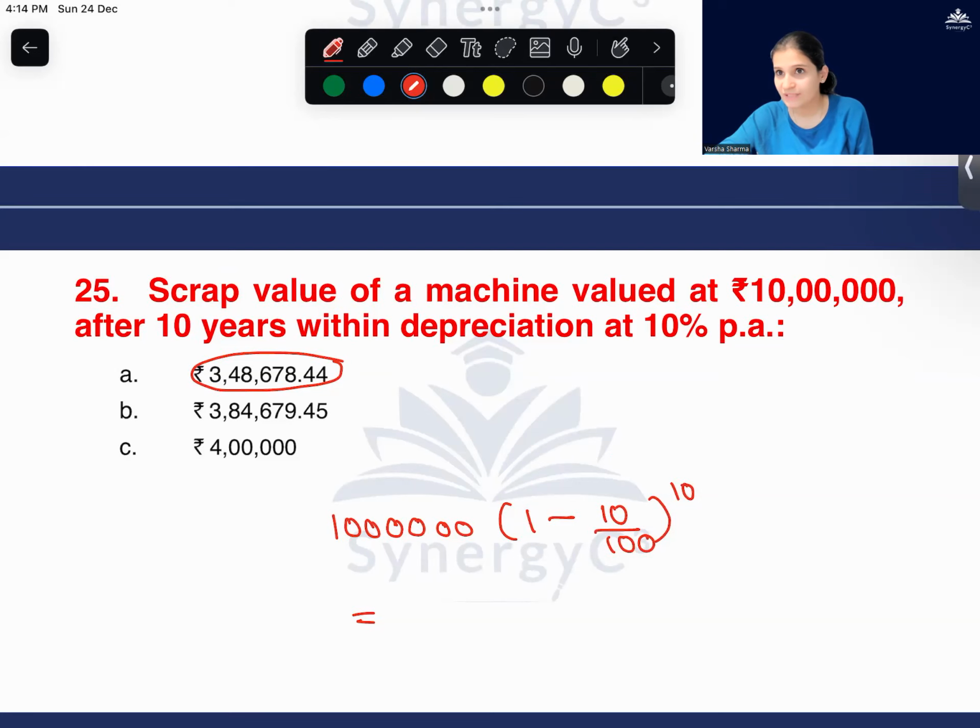Check whether the values you have been given in the options are higher or lower than the value given in the question. That tells you whether you have to subtract or find the principal amount first. The slab is depreciating at 10%, which means the value will decrease. So are the values you have been asked to find in the options smaller or larger? Smaller. That means you have to find the amount. If they had been larger, they would have asked you to find the initial value. Look at your options always. Done.